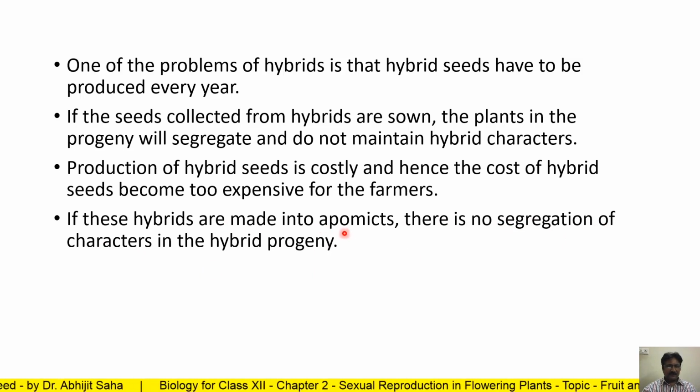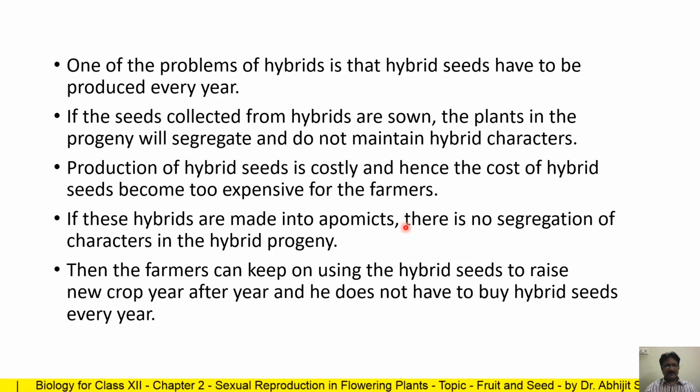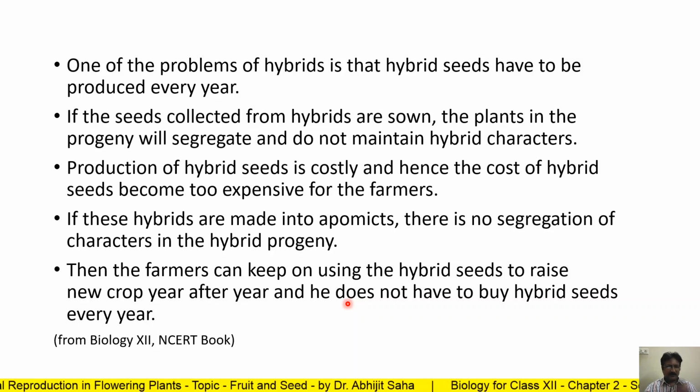If we can convert them into apomictics, then we will not need to buy hybrid seeds every year. But it is not so easy a task. With this, the farmer will not have to buy the hybrid seeds every year and can get more profit. This part has been taken from the NCERT book of Class 12 Biology.